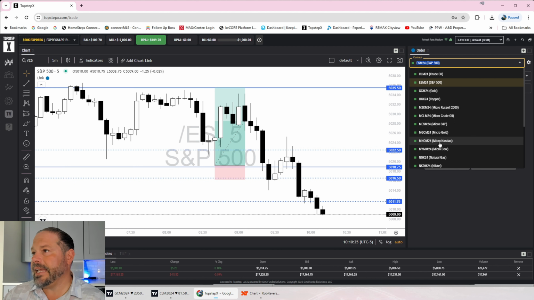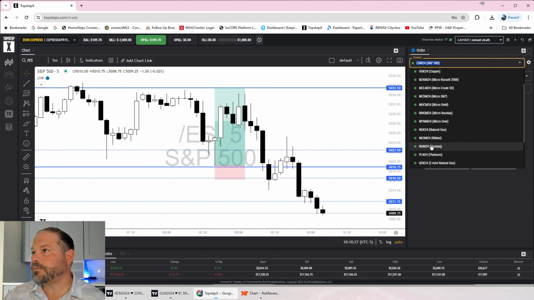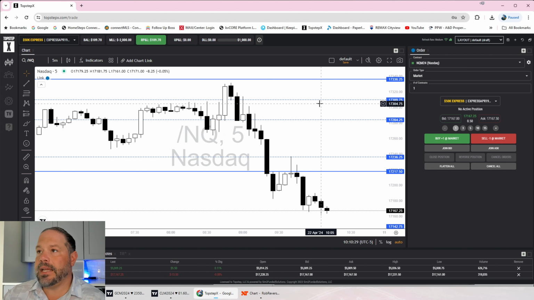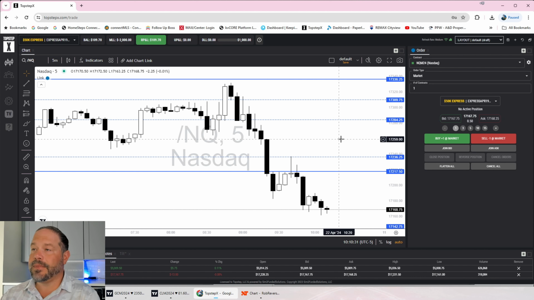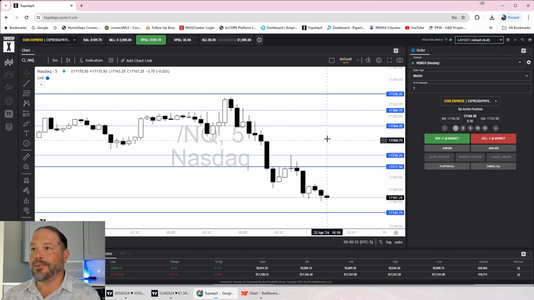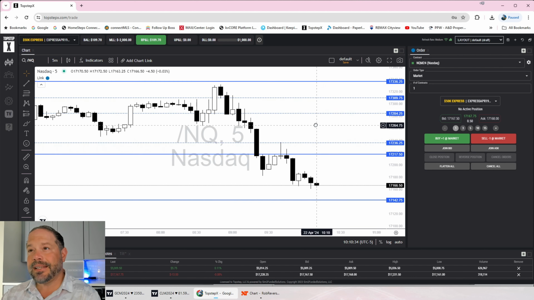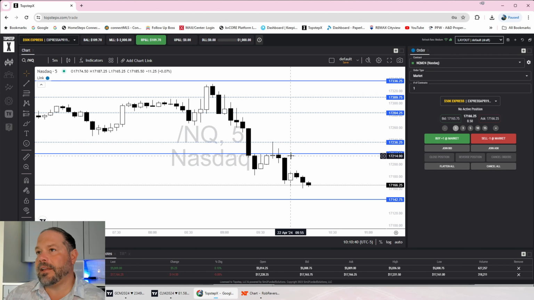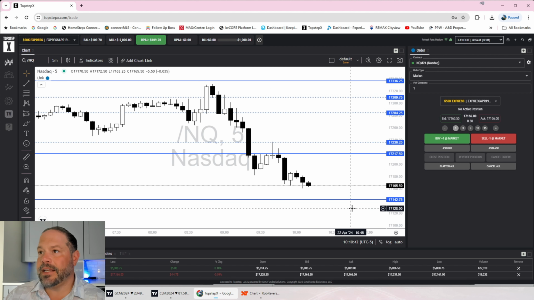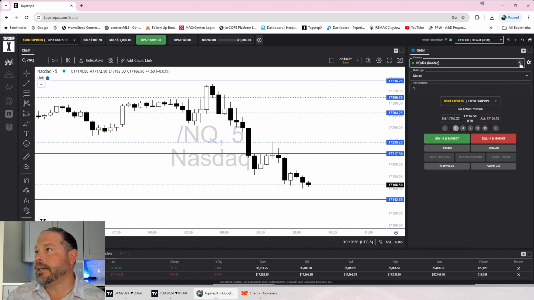If we take a look at the NQ, so the NQ again, the one instrument that I said I really didn't like, I wouldn't trade this morning. So we are kind of sitting in between this level right here at 17,217. We do have a major level below us at 17,142. So be curious to see what happens right there.